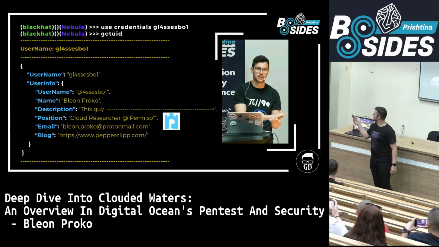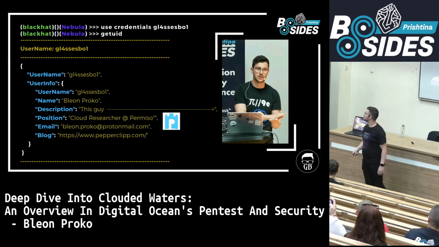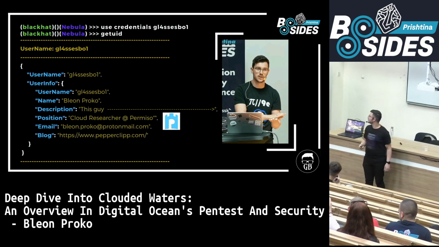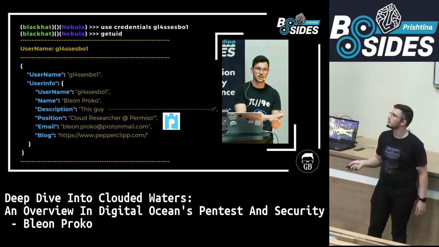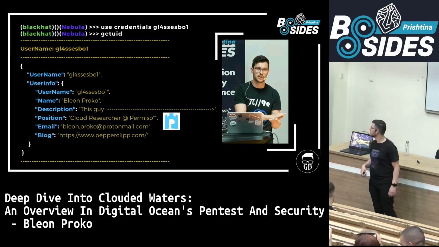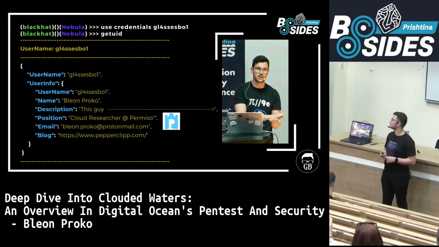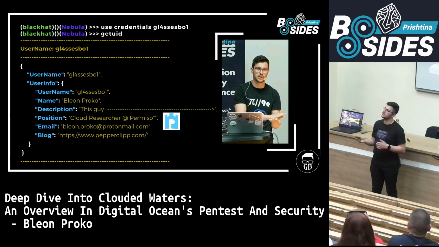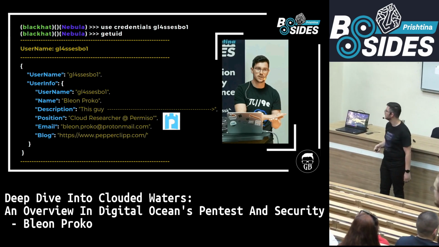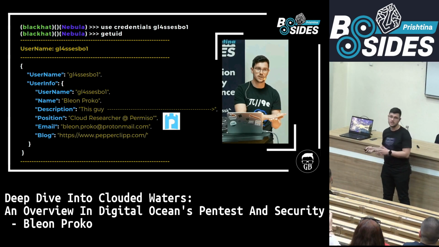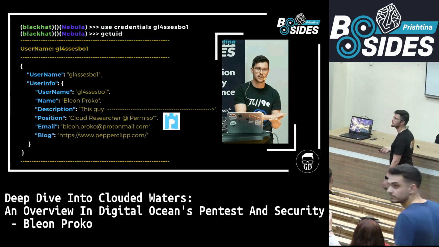First of all, this is me. I'm a cloud researcher at Permiso. It's this one here, and you've probably gotten some shirts too. And I've been working for them for the last 5 months. This is the 6th one. Prior to that, I've been working in the banking sector and the telecommunication sector, and as a security engineer for all of them. And my main focus is cloud penetration testing, mostly AWS and Azure, but of course